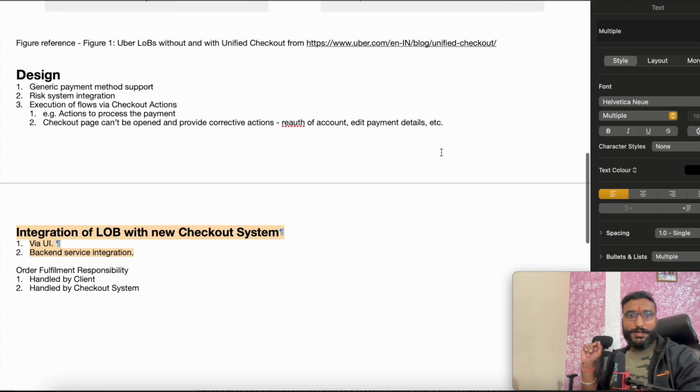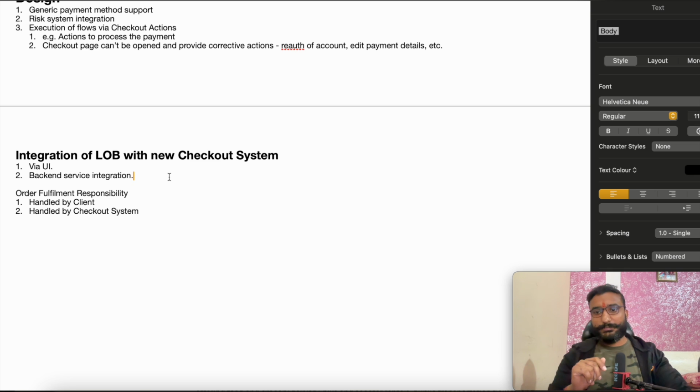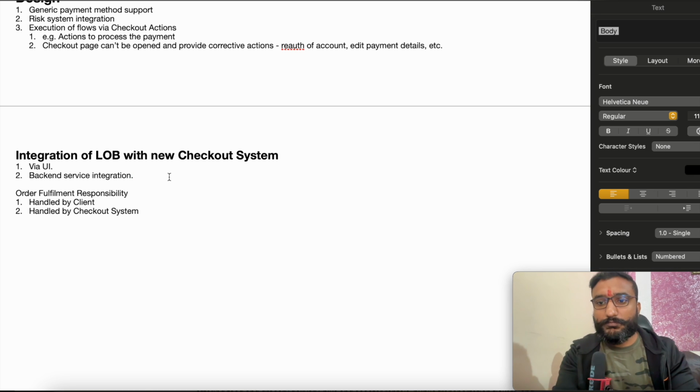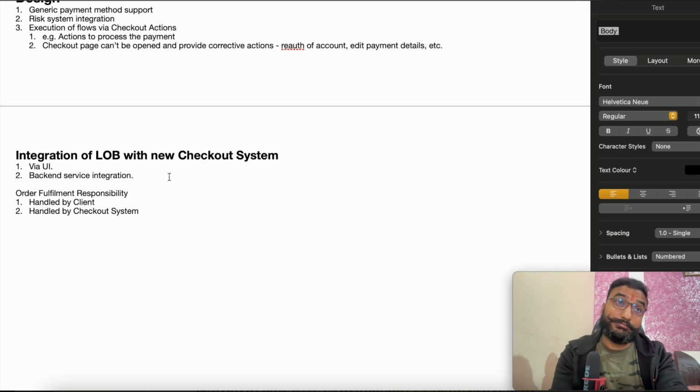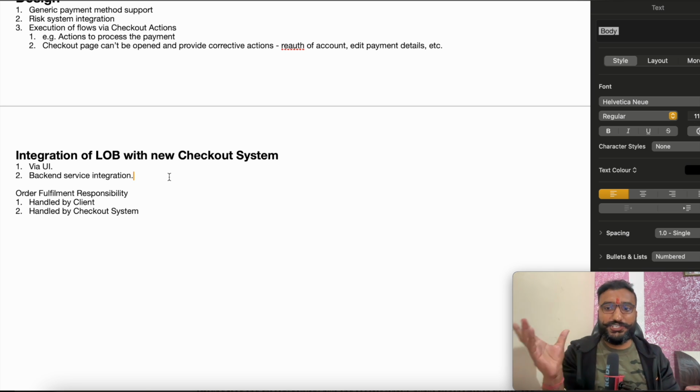Another thing is the integration part. We already mentioned that we have our multi-tenant system, in which it's plug and play. They can give the configurations, and according to the configurations, the clients are served. But there is a possibility that they need huge customization on top of what is built on the checkout page. So